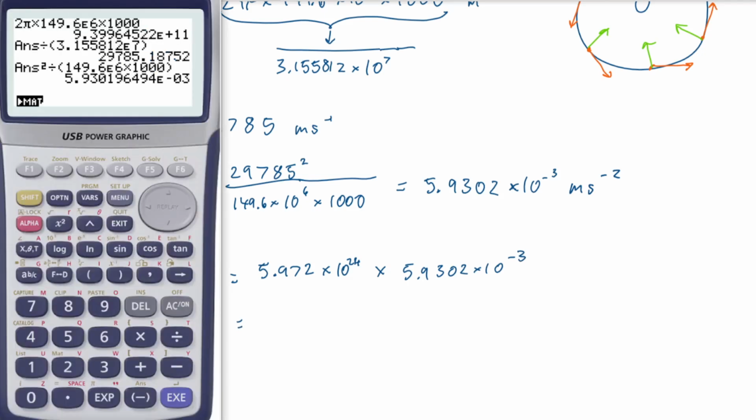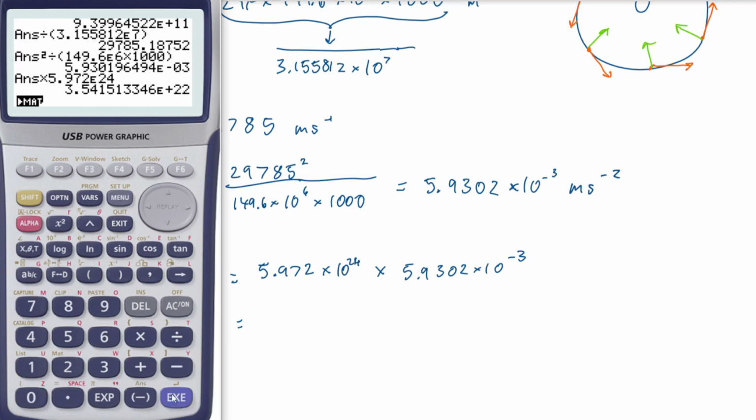And so that was our last answer, so we'll multiply that by the mass of the Earth, 5.972 times 10 to the power of 24, to give 3. How many sig figs do we want? In this case, we're limited by the mass of the Earth, which is 4 significant figures. So we'll round our answer to 3.542